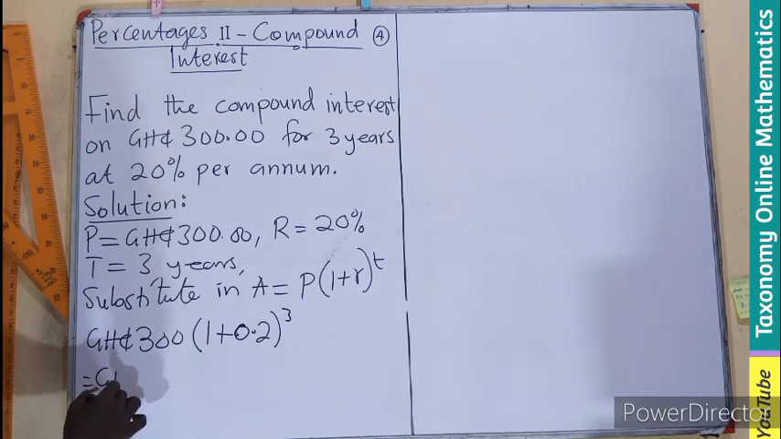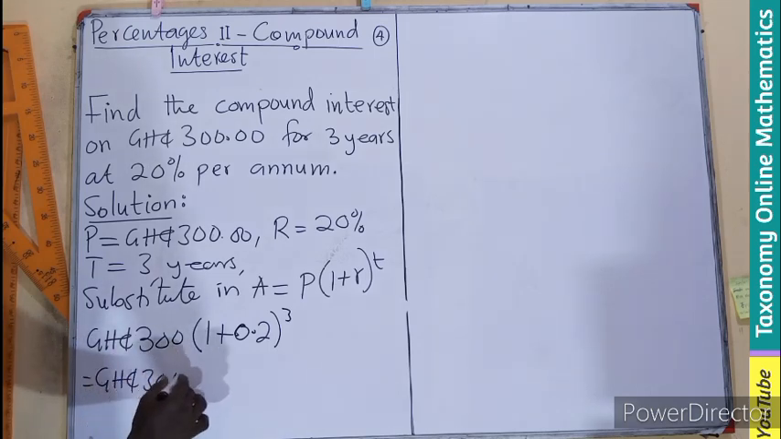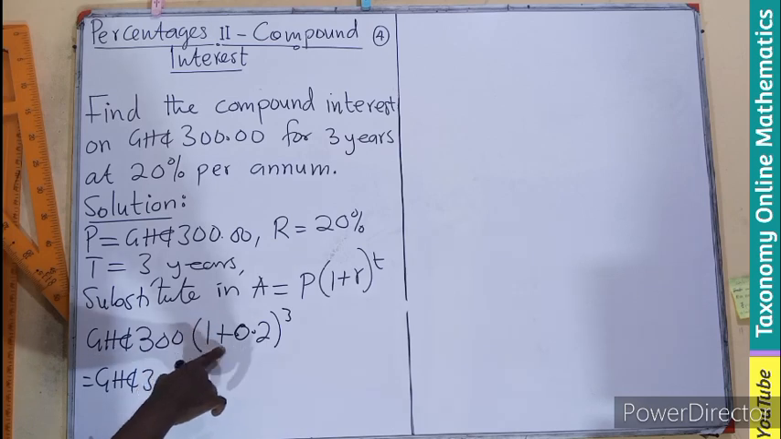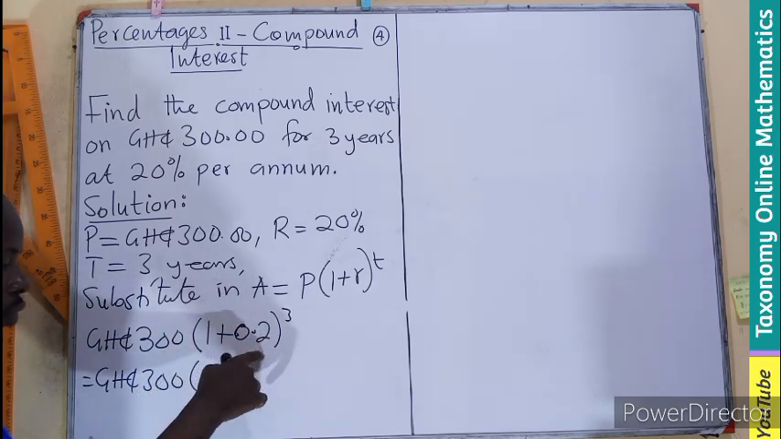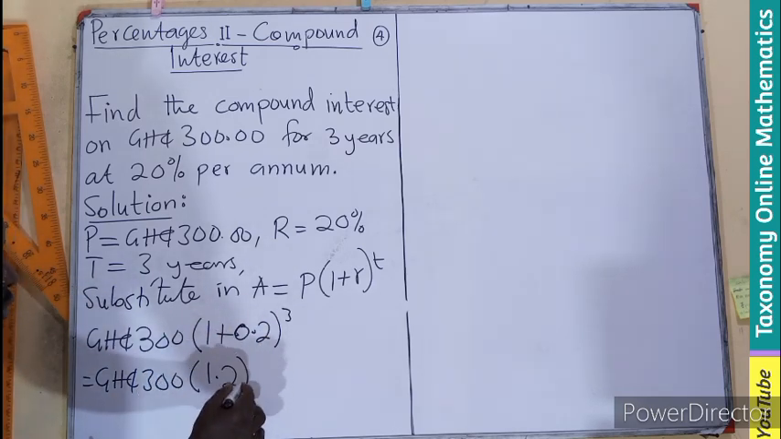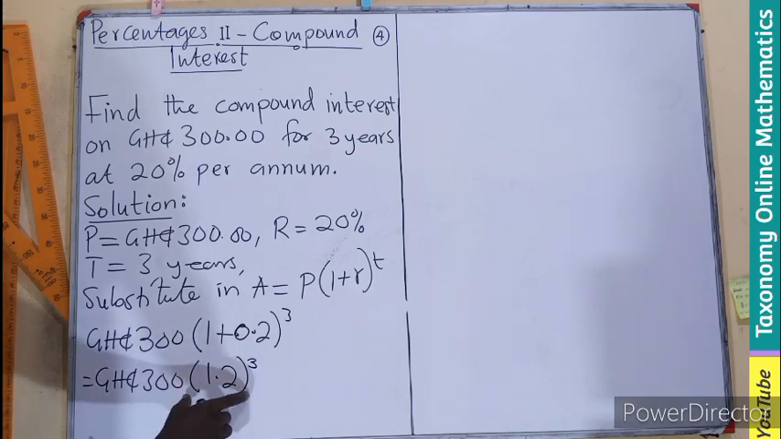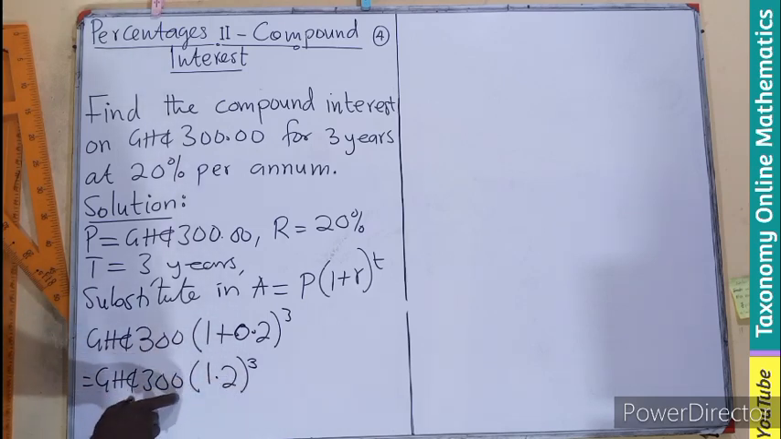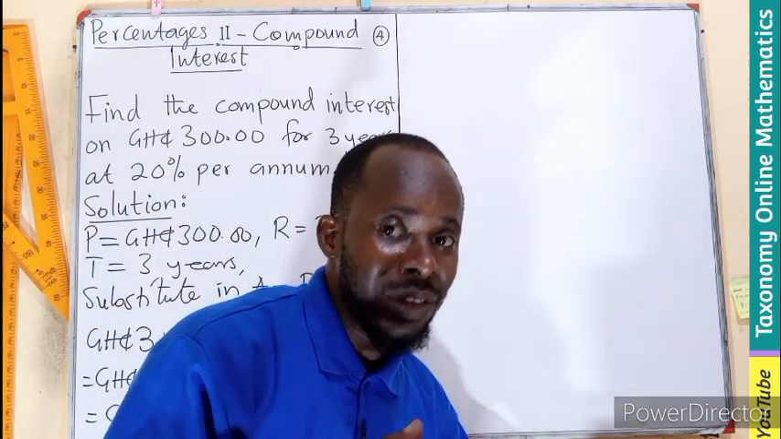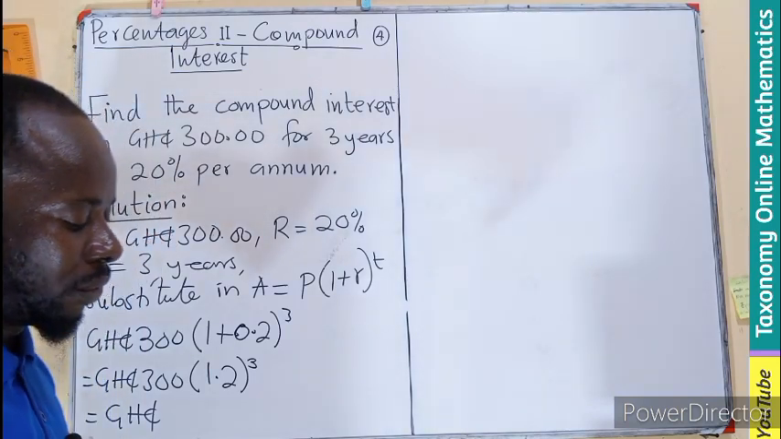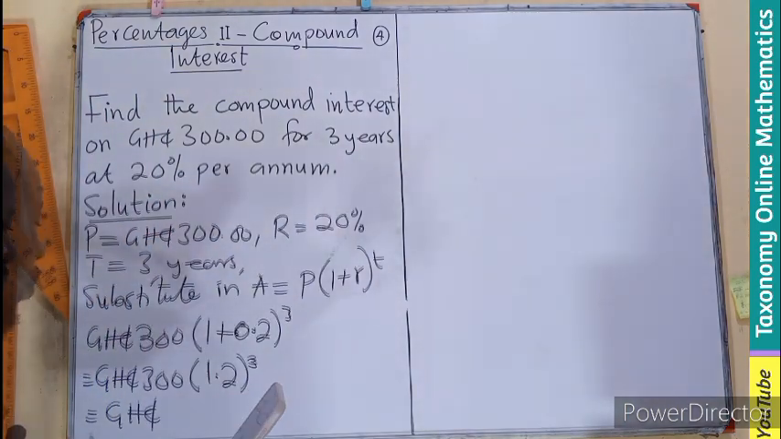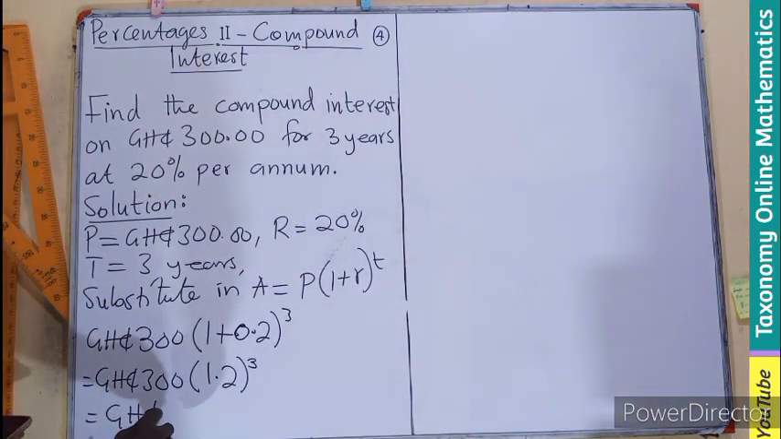So this still remains 300 multiplying 1 plus 0.2. That will be 1.2 raised to the power 3. You can find the decimal of this and multiply by 300. But I am going to put all 300 times that indices to know what the accrued amount will be. So this is going to give us 300, it should be